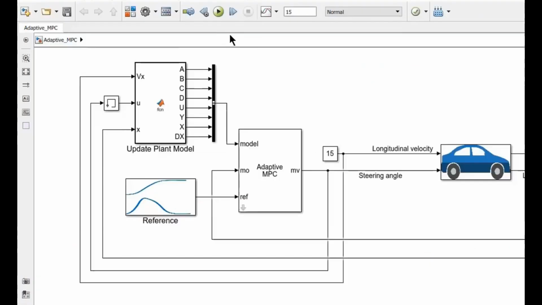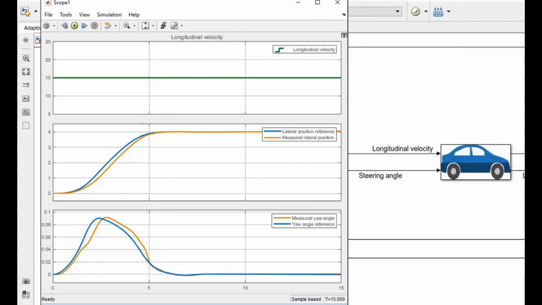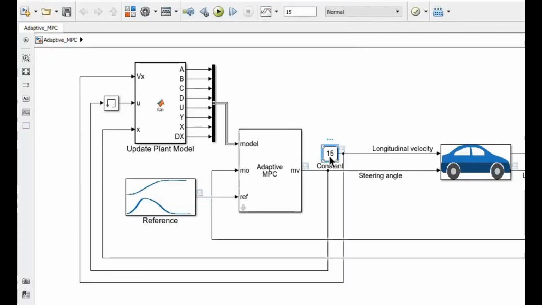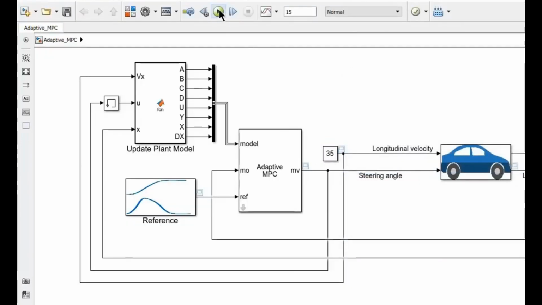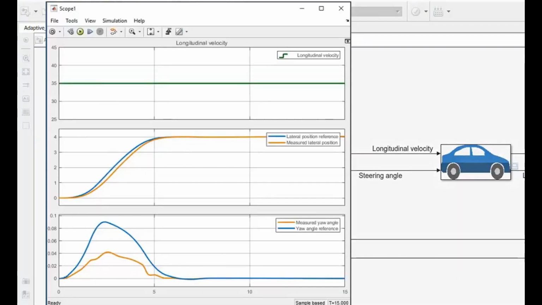With adaptive MPC, we get good controller performance when longitudinal velocity is 50 meters per second. If we now change it to 35 meters per second, we still get good tracking of lateral position and the yaw angle. We can even